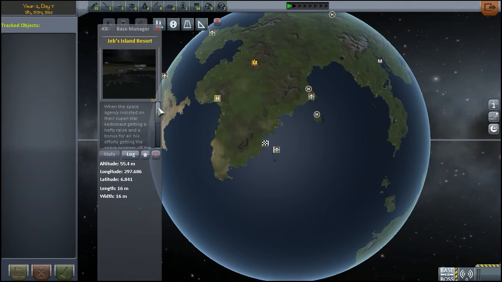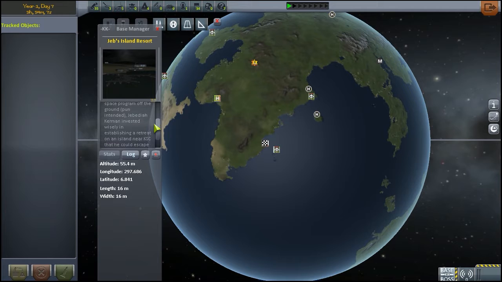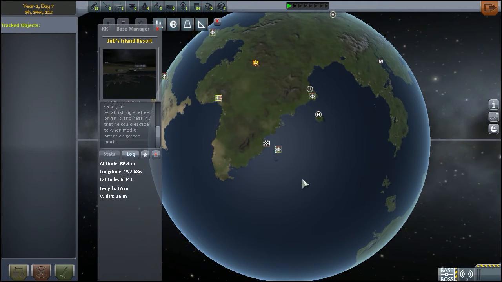When the Space Center Agency insisted on their superstar Kerbonaut getting a hefty rise and a bonus for all of his efforts getting the space program off the ground, Jebediah invested wisely in establishing a retreat on the island near the KSC that he could escape to when media attention was too much. It has a helipad and some very large satellite arrays. This is a very useful site for tracking what things are in orbit. And we decided that control of this was important because that would give us some advance warning of any ICBMs